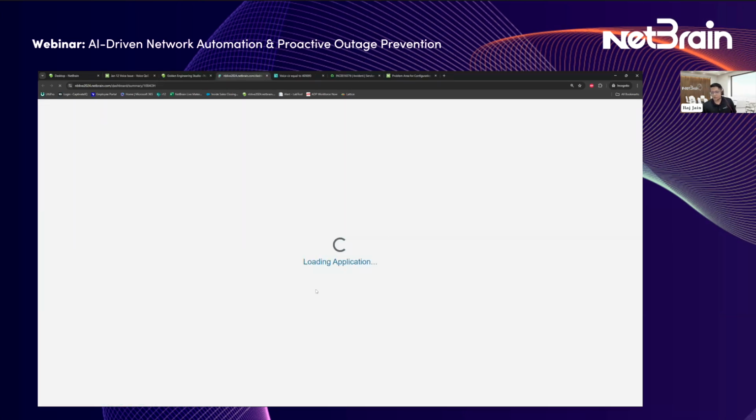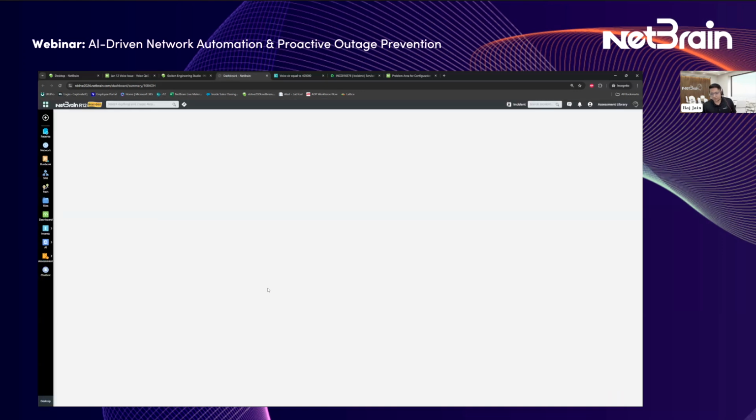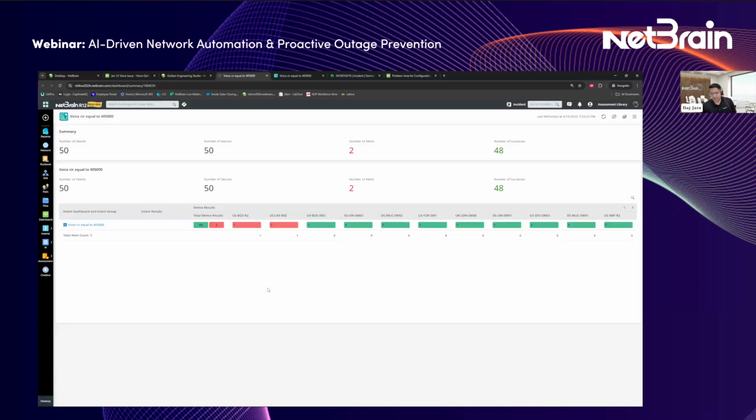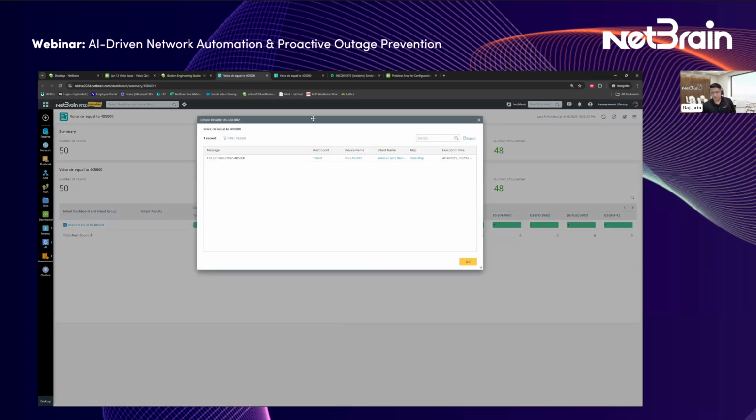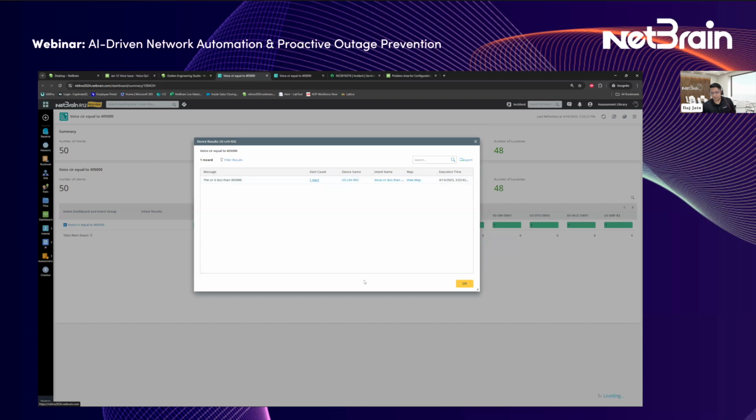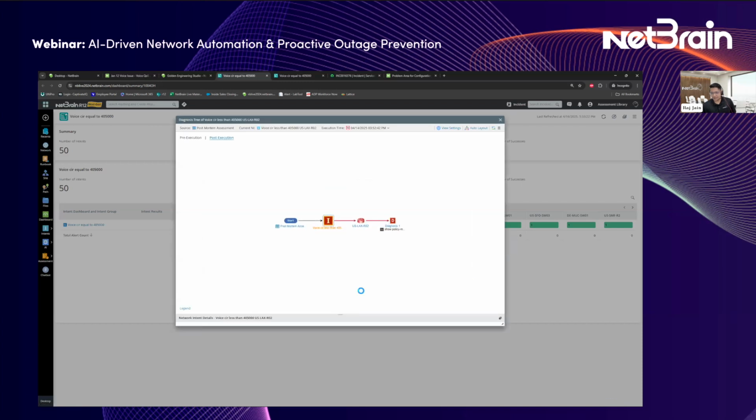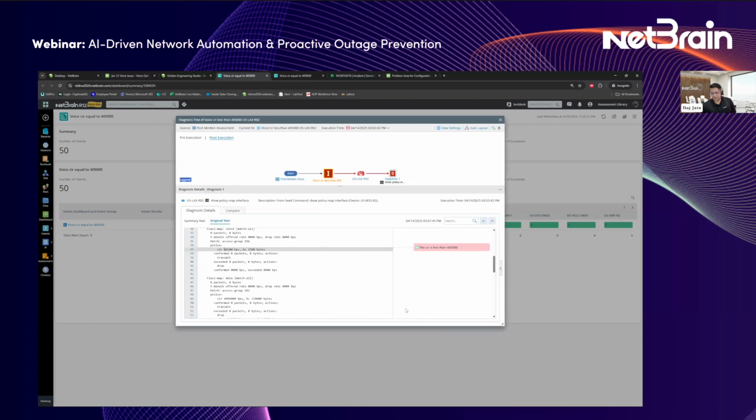So with a single click of a button, you're going to look at a dashboard. I have 50 devices. You may have 5,000. So it's always nice to come in here and see that, hey, if we're running that intent 5,000 times on these devices, we found X amount of alerts. And if you've used NetBrain dashboards, they're very interactive. So you can click on that. You can really dive deep and get to know exactly what that diagnosis was. And you'd be able to see that, hey, indeed, this is less than the standard value.